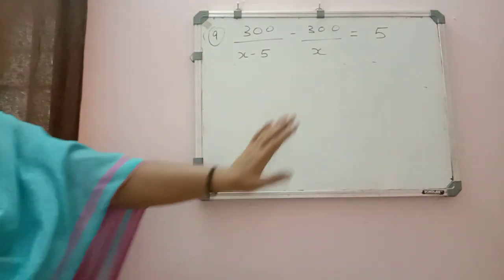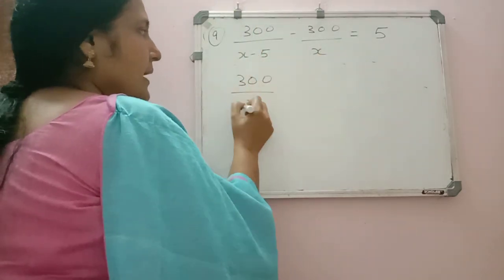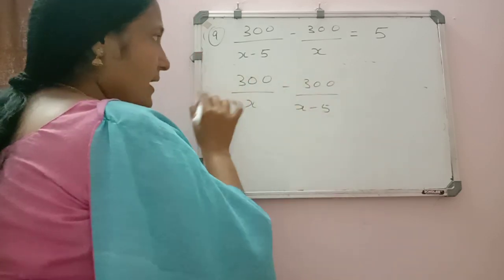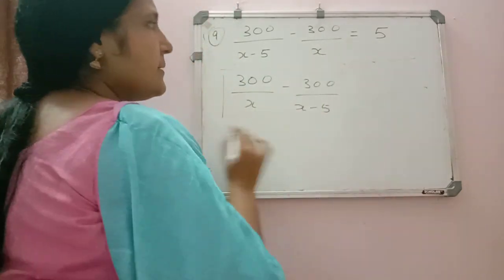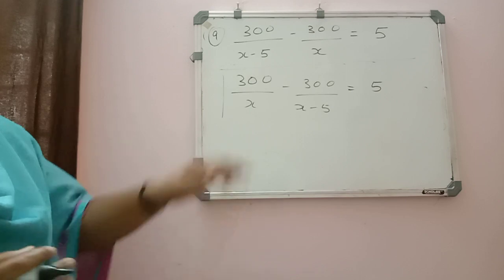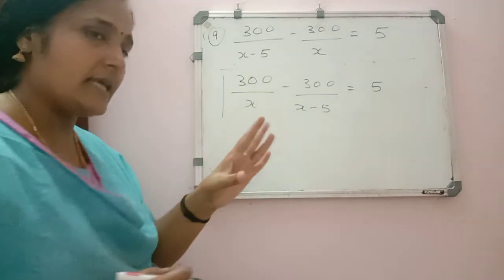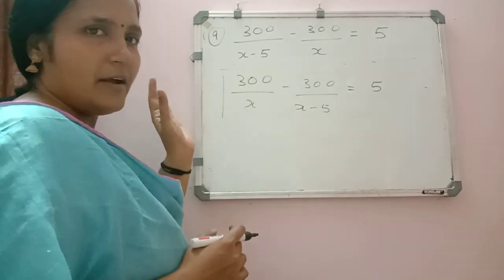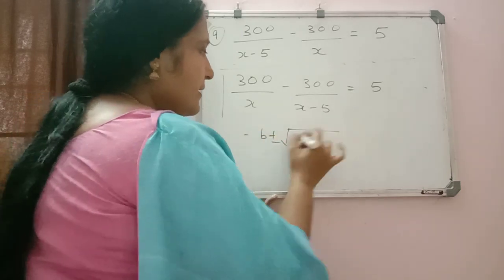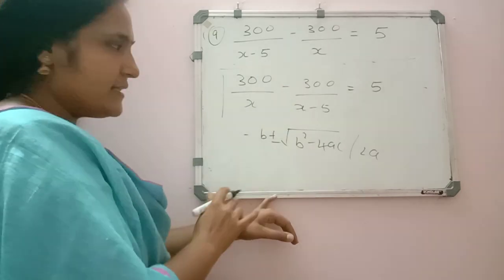Now suppose you wrote it the opposite way. You wrote it in this way: 300 by x minus 300 by x minus. Don't write this one, I am just giving you the example. Suppose you wrote the expression in this way. Then after that you simplify everything, and if you use the quadratic formula to solve, we find the value of x by writing square root of b square minus 4ac by 2a, and you will start solving this one.